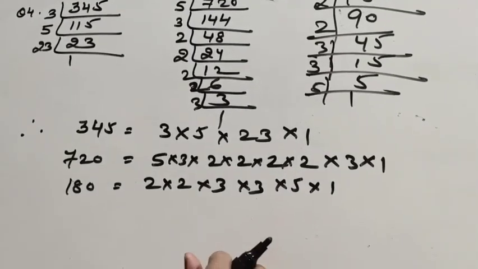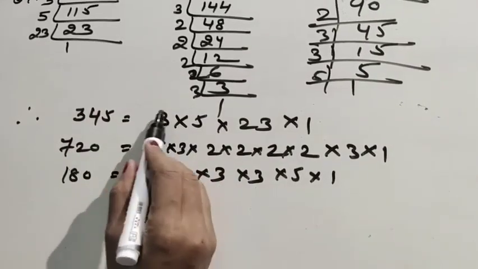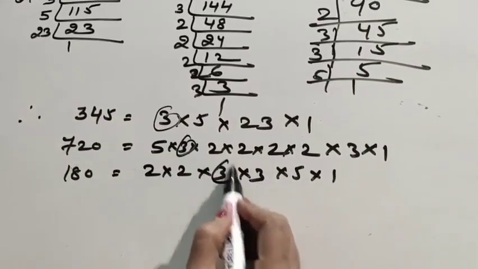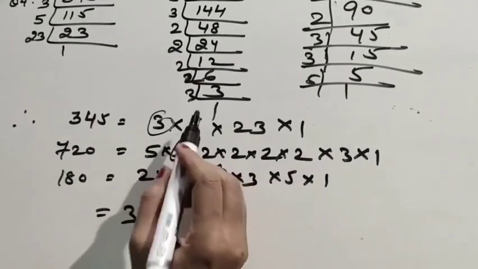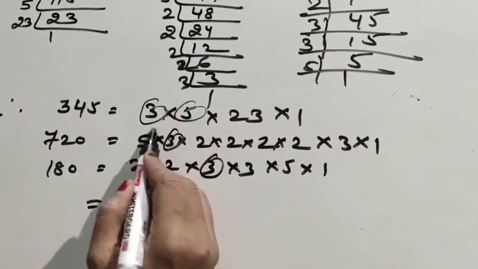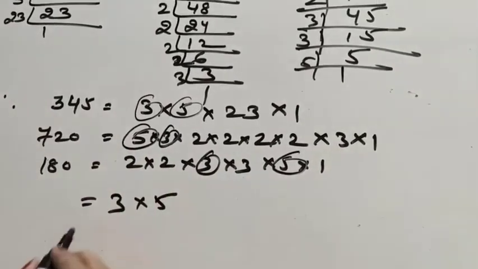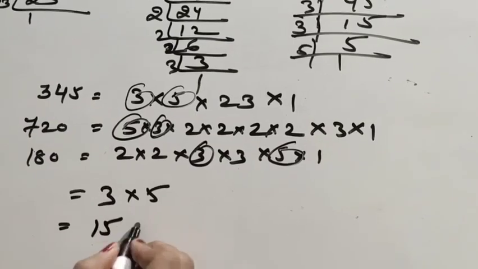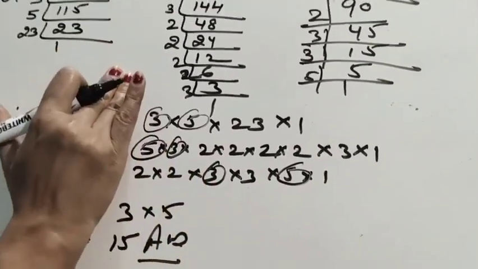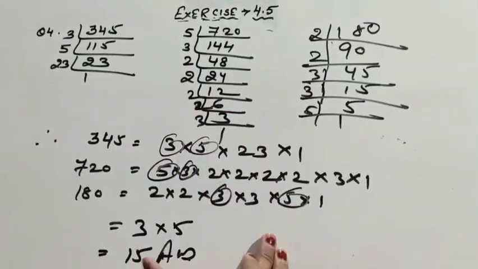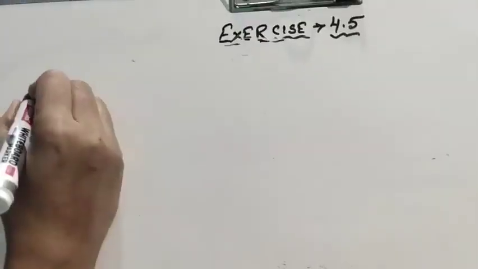Now we will find here the common factor. So first of all this 3 will be common, so write here 3. Next your 5 is common, 1, 2 and 3. So your answer will be 15. Okay. Very easy, only we will go with the prime factorization method and we will find the common factor number. Next is question number 5.